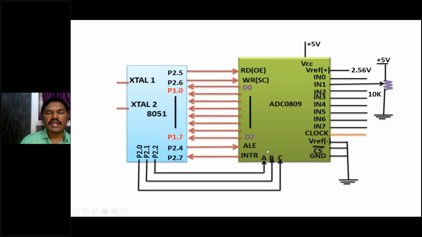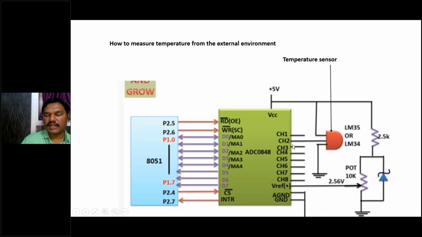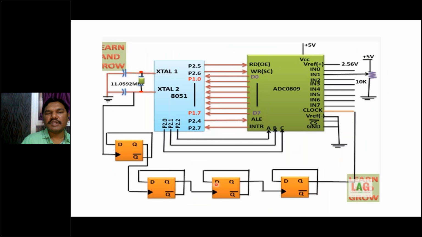Now, how to select which channel is connected and which channel is highlighted will be known by these selection lines. So why is it coming from this 8051? Because these three selection lines are set by binary 000, 001, 010, up to 111. It is coming from some programming inside the 8051 memory, which will be executed to select any one channel. Like that, here channel 2 is connected, so we have to take 010.